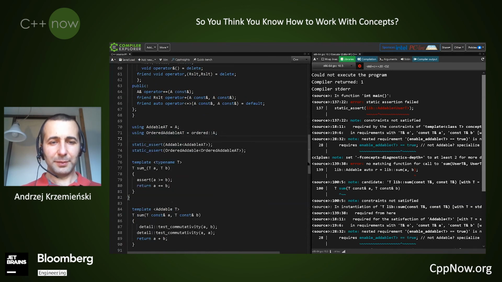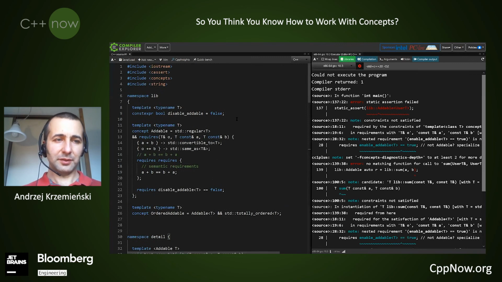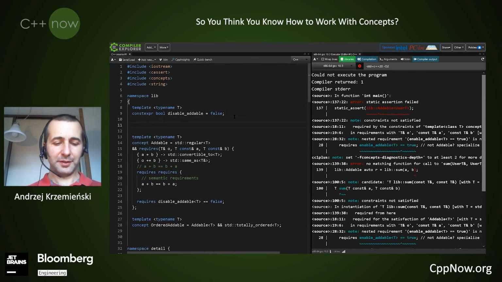And the only one specialization that we need to add, and we can do it inside our library, is the one for type string. And this is actually template basic string. Now I'm typing class to make it shorter. Character, char traits, and the allocator.